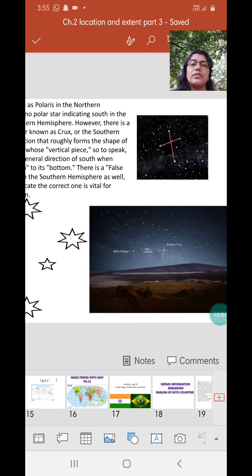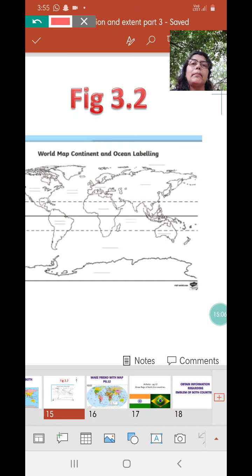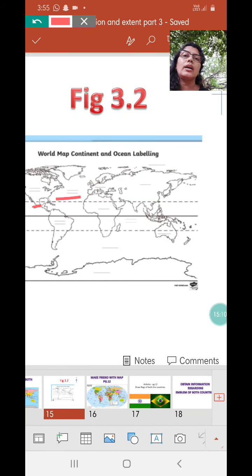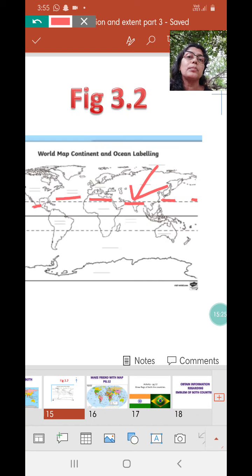Let us look out for this picture here. You find a major tropic passing through India. And this is Tropic of Cancer, not Tropic of Capricorn. You find India over here, and Tropic of Cancer is passing through India, so this is totally wrong. Can you tell me which two reference lines are passing through Brazil? Yes, one is the equator and the other is Tropic of Capricorn.